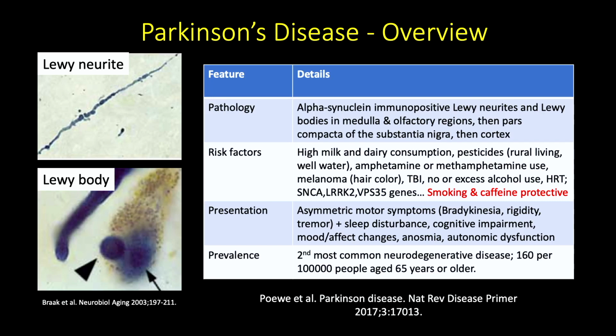I'll move on to presentation, and we'll show this again in a minute, but the classic thing is bradykinesia, rigidity, changes in gait, particularly asymmetric with a resting pill-rolling tremor. And it is one of the most common forms of neurodegeneration, particularly for people over the age